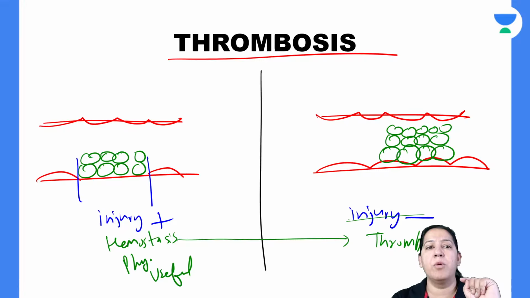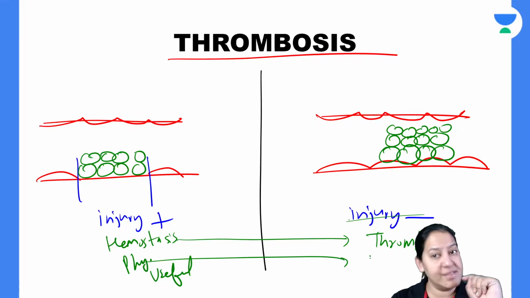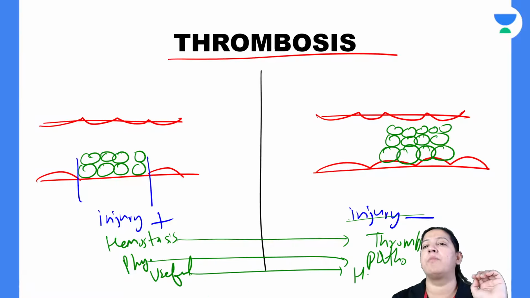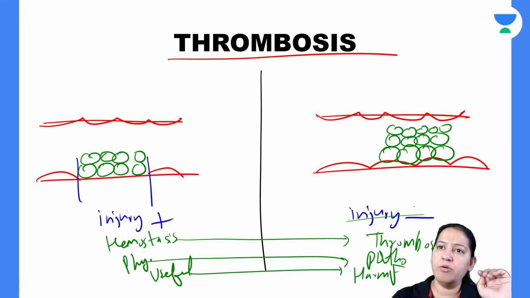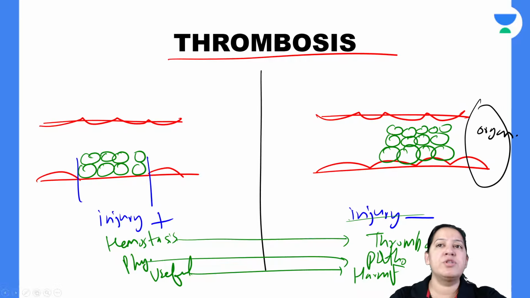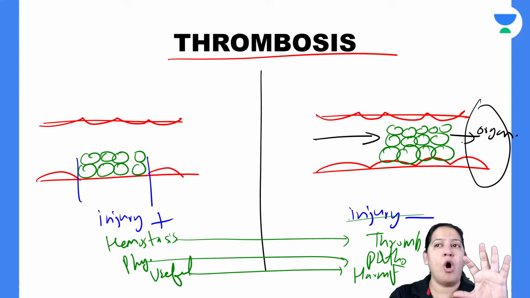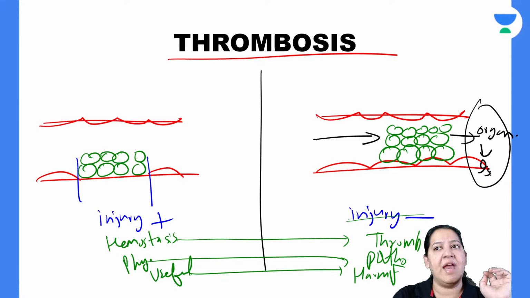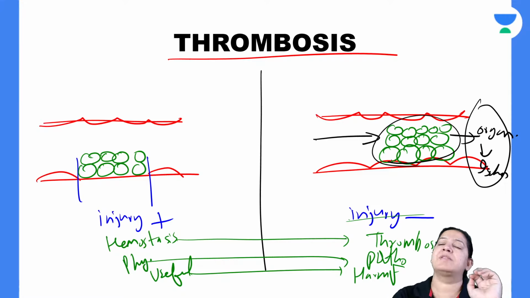It is known as thrombosis, and it is not physiological. It is a disease. It is a pathology. It is not normal, and it is not useful. It is harmful. It is harmful because without injury, this blood vessel is supplying some organ, right? Due to the formation of the clot, the organ gets compromised of blood. There is obstruction in the blood flow, so the organ is receiving less blood. So the organ can have ischemia if the thrombus is present permanently.